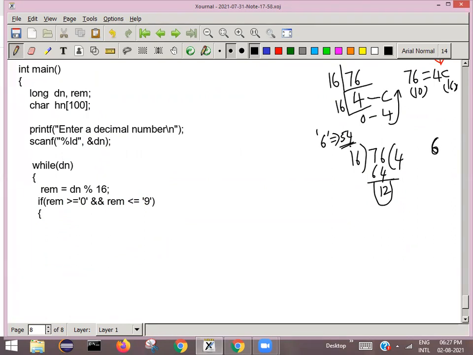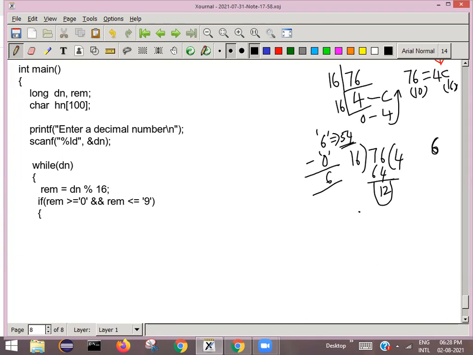Okay, so how do you get it? That means how far this 6 is from 0. If you subtract the ASCII value of 0 from this, then you will get the number 6. That means if you subtract character 0 from this, you will get the number 6.